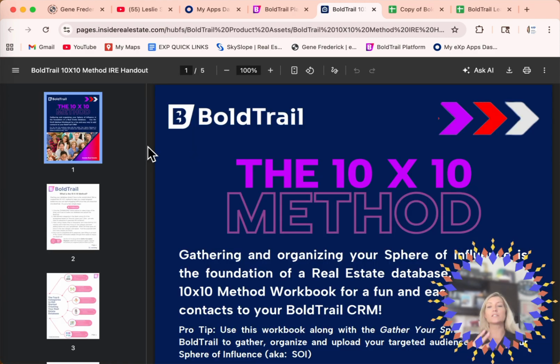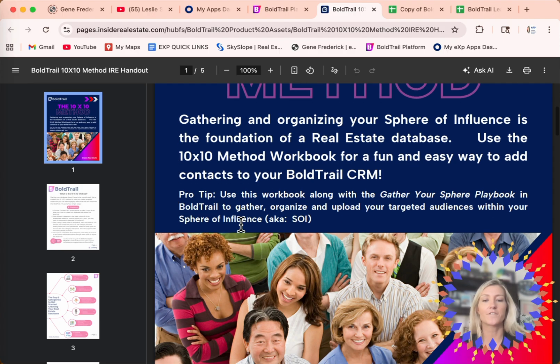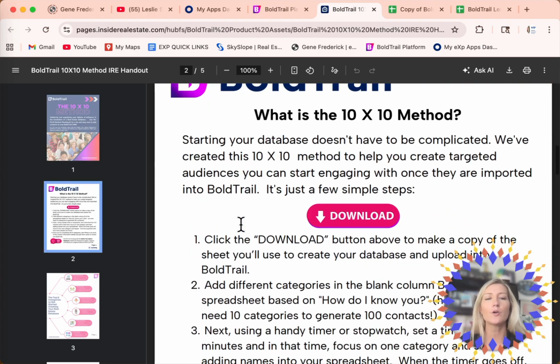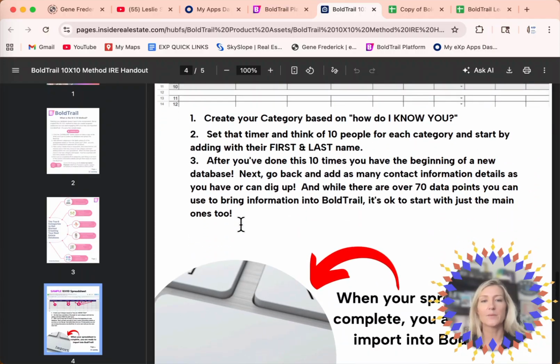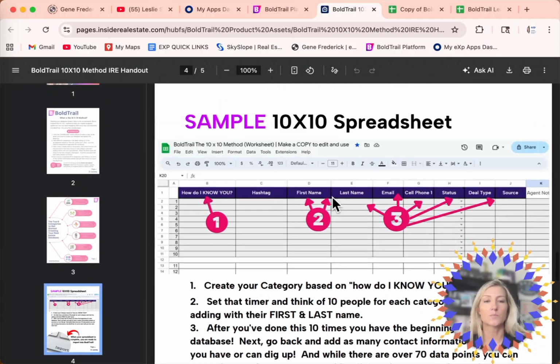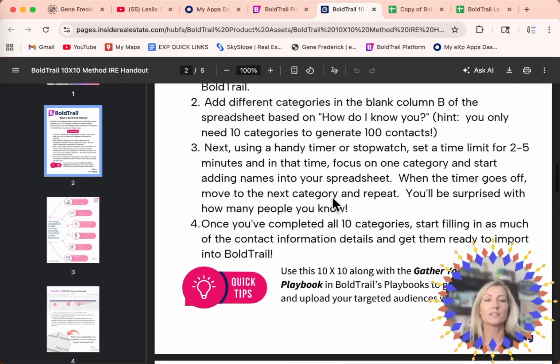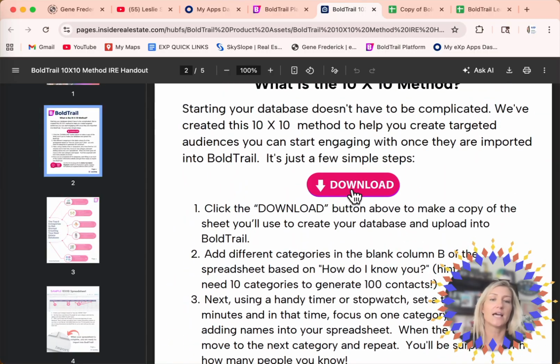Some of the resource links are actually that BoldTrail does give you a 10 by 10 method. I'd encourage you to learn about this. That first link will take you to how do you build that database? How do you get started? It does give you lots of tools and tips, as well as a spreadsheet. If you are new to real estate or new to creating a database, I'd encourage you to click